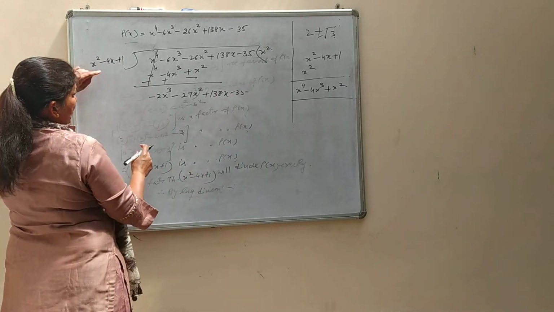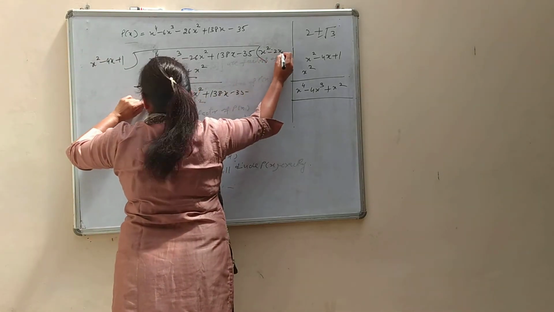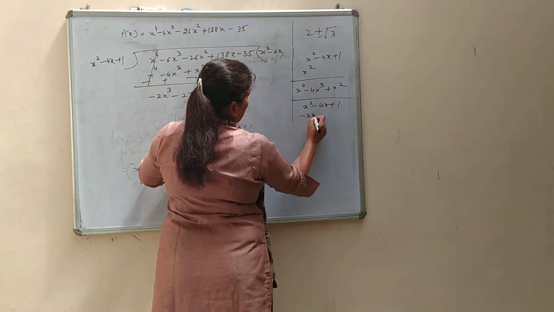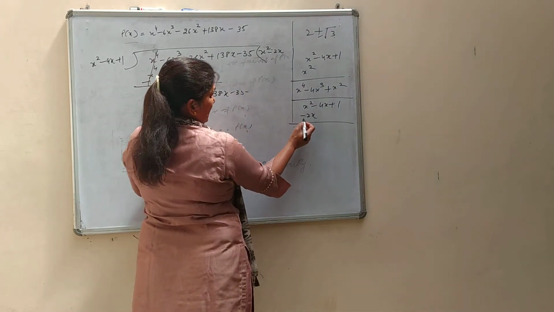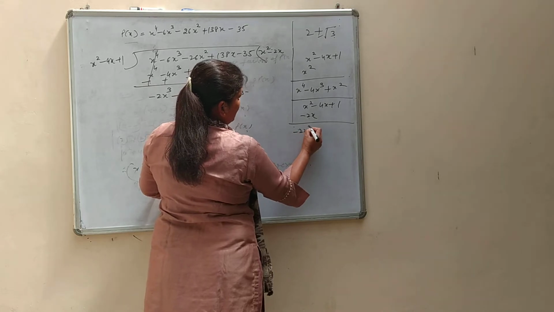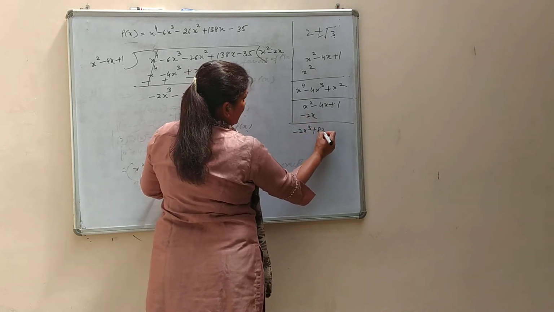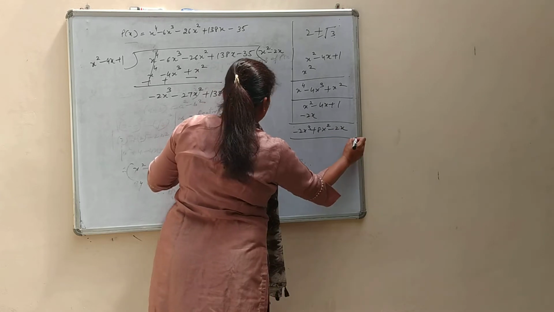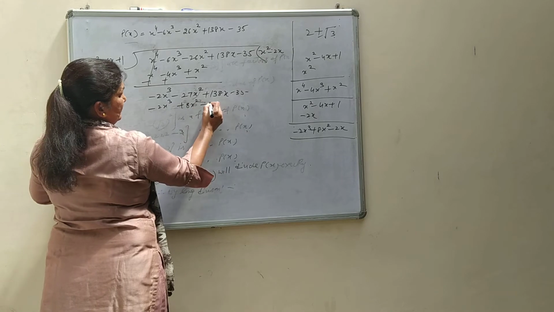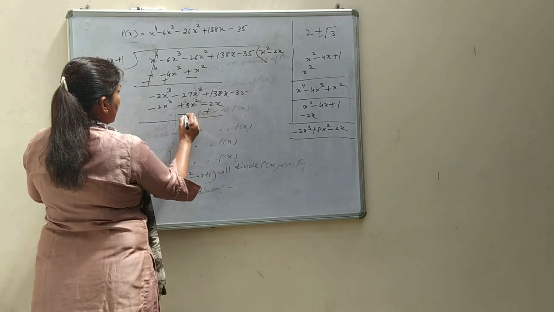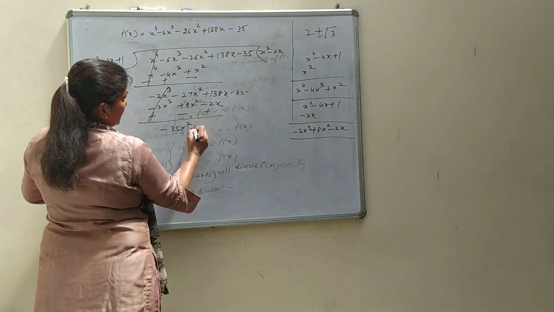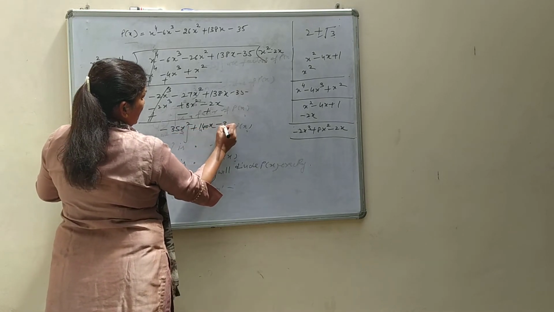Now we will multiply x square by minus 2x. In the rough work, x square minus 4x plus 1 we will multiply by minus 2x. Minus 2x into x square, minus 2x cube. Minus 4 into minus 2, plus 8x square, minus 2x. Again changing signs, minus 35x square plus 140x minus 35.